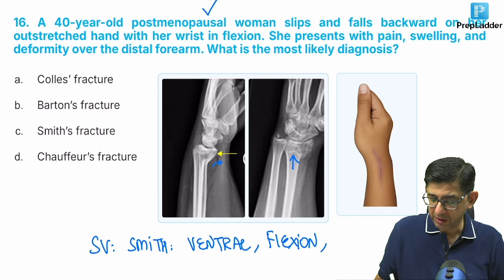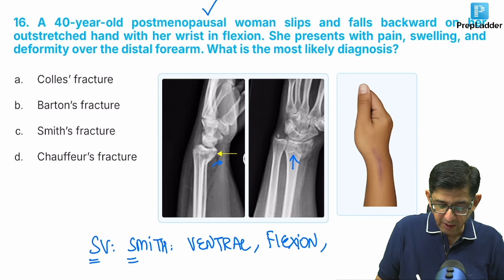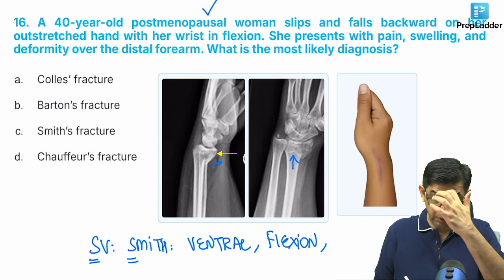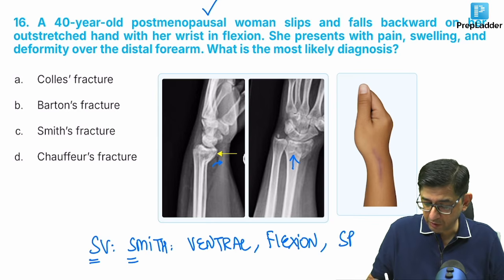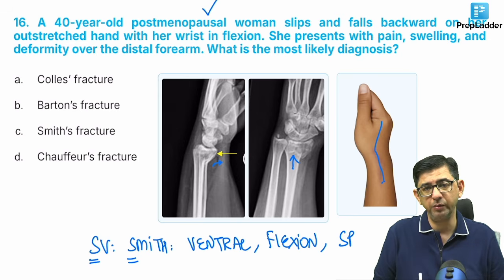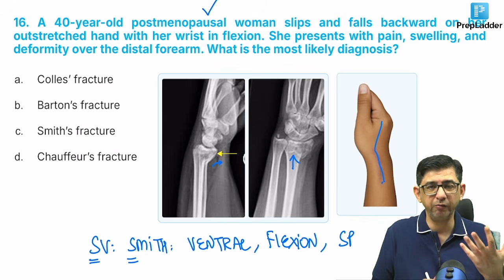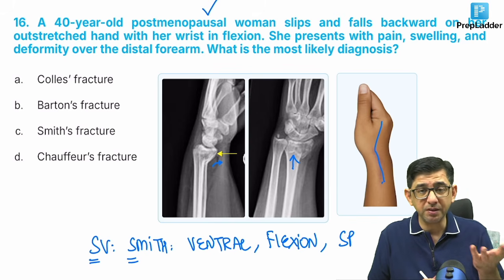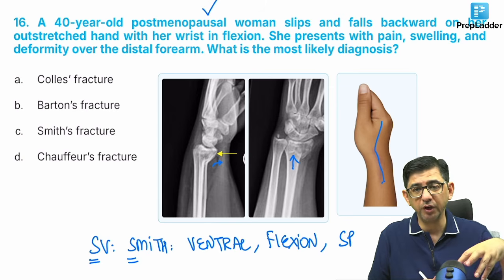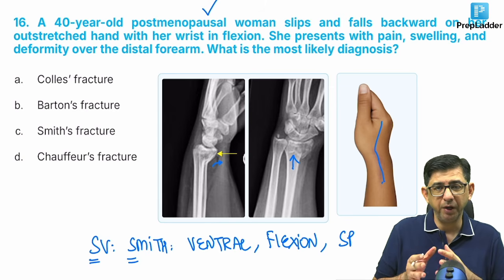And in this case, there's a deformity that is also given, beginning with the alphabet S. S for Smith, S for the deformity which is present, called a garden spade deformity. A garden spade is an instrument used to pick up leaves. Nowadays, in spring season, you have a lot of leaves on the ground. So to pick up those leaves, the gardener may be using that spade to lift them up.